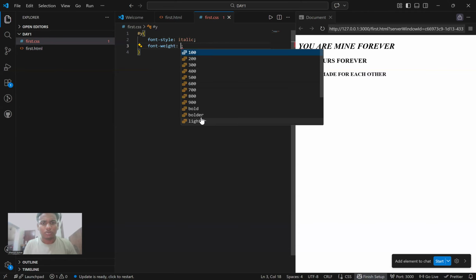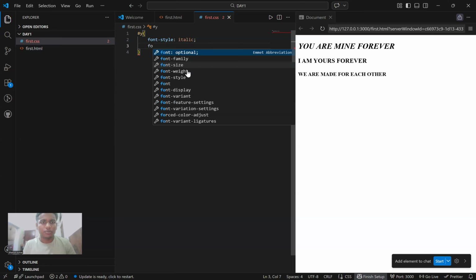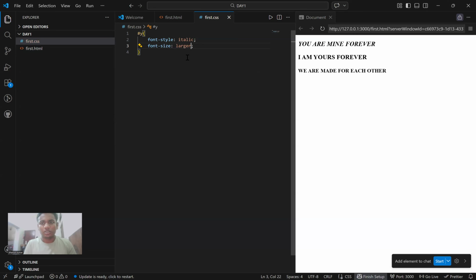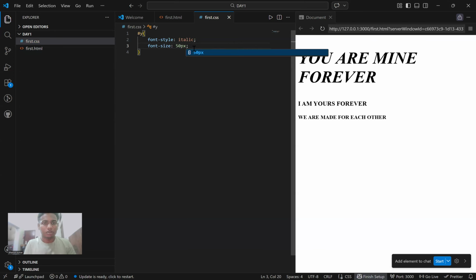Bolder is not working. Bolder is not observable. I don't know why it is not observable. Font weight bolder. Font style has been done. Font size larger. Let's give it 50 pixels. And I have to change their